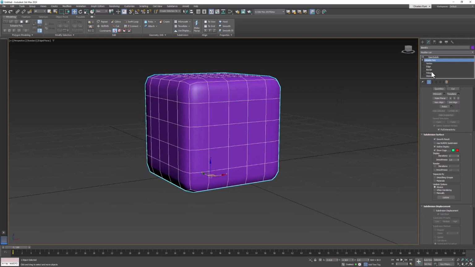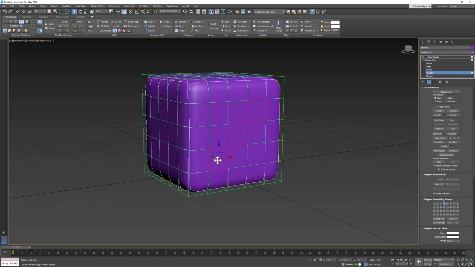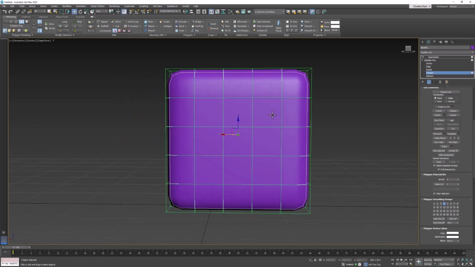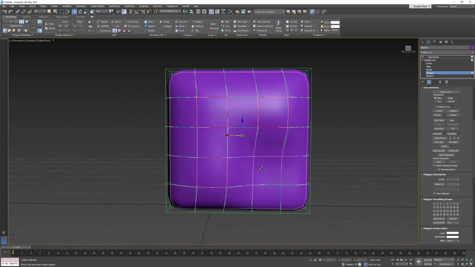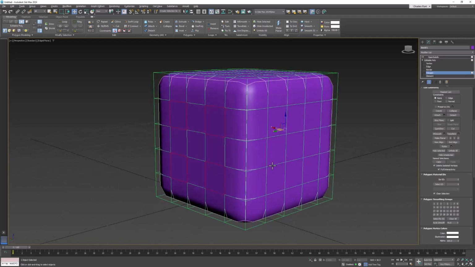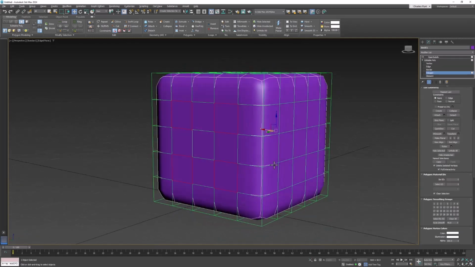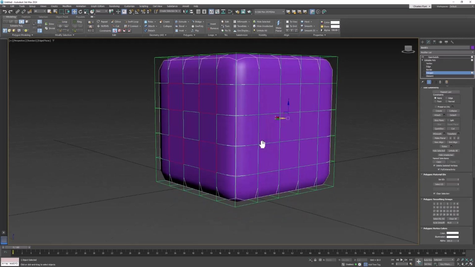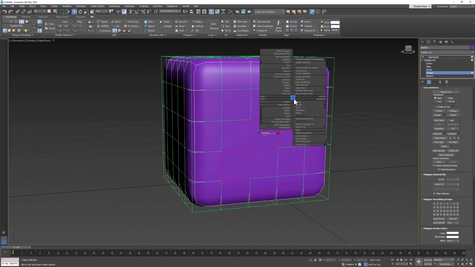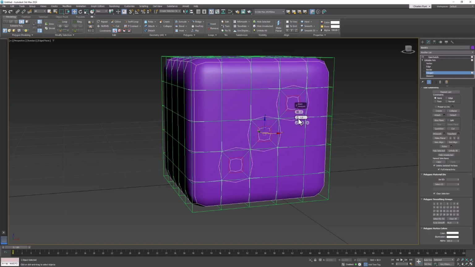Okay, back to polygon mode. And you can clearly see here that I've got these selected. I'm going to switch around to the other side, and I'm going to select these 4. Now each 2 opposite sides of a die total 7. That's why I did it that way. The next thing we're going to do is bring up Inset, and we're going to inset this just a little bit, maybe 0.25,